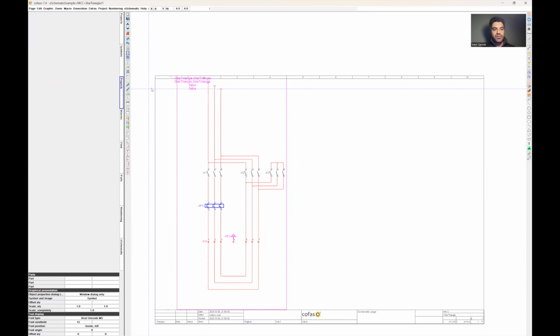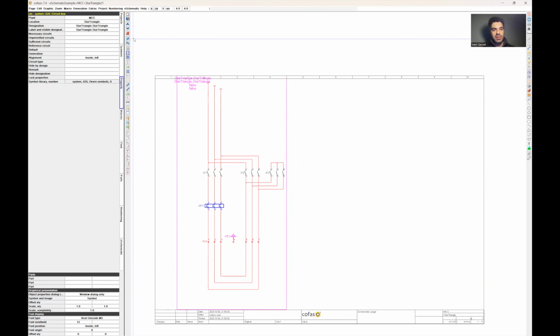So before I create my sub-circuit in the knowledge database, just quickly, in order to set rules for your sub-circuits, we have here necessary circuits. We have here unpermitted circuits. We have here sufficient circuits, reference circuit, and all this helps us to define our own rules. For example, here